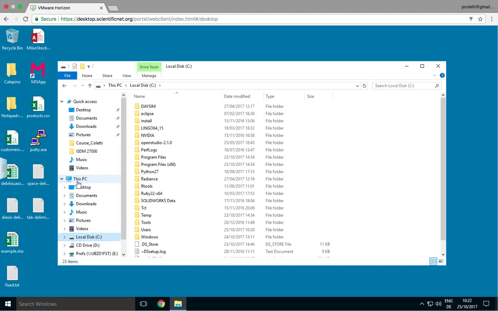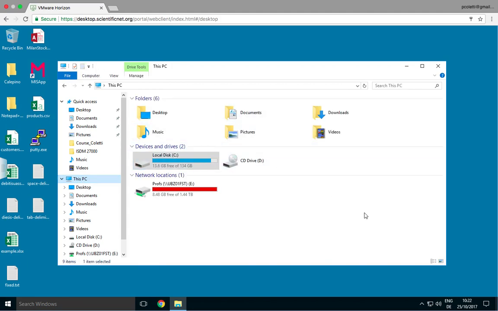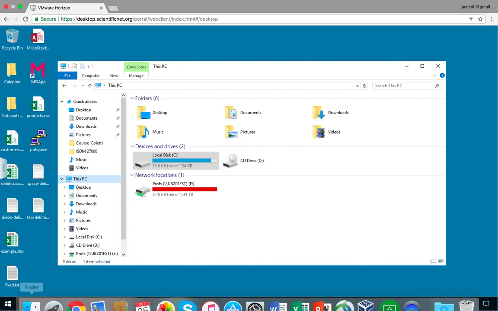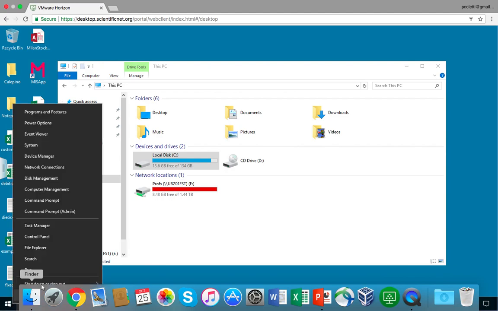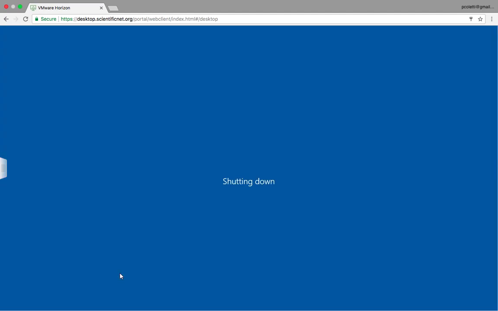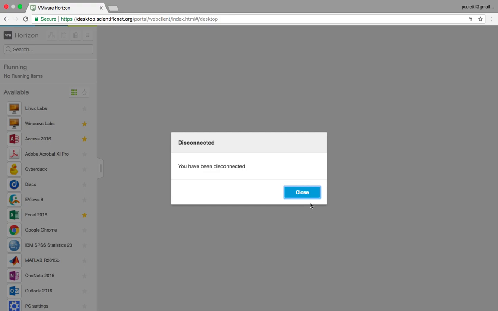So you can only use the files which are on the university network disk, the disk that we talked about in the first video. So you can still put the files there from your Mac and then use the files from there, fine. However, if you install the client, it's much better because it gives you the possibility to access your local disk. Now I will shut down Windows. Okay, you have disconnected.